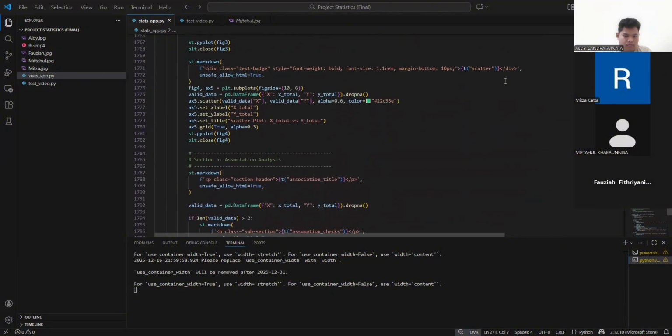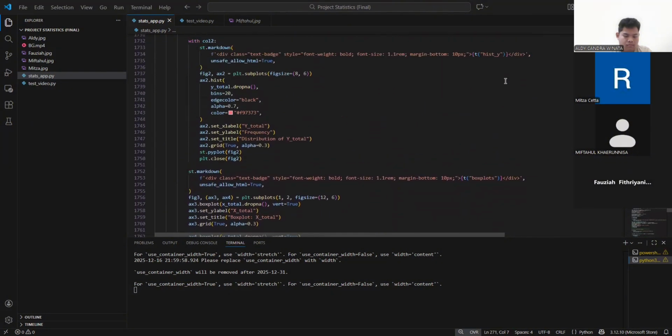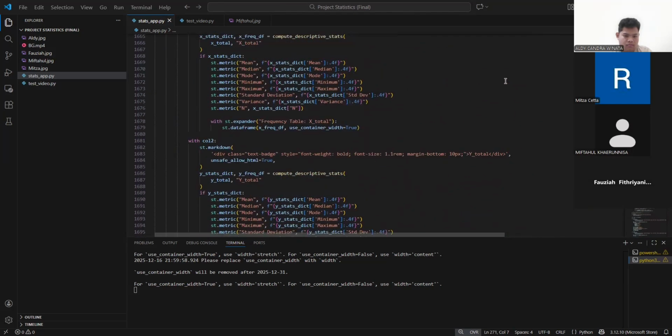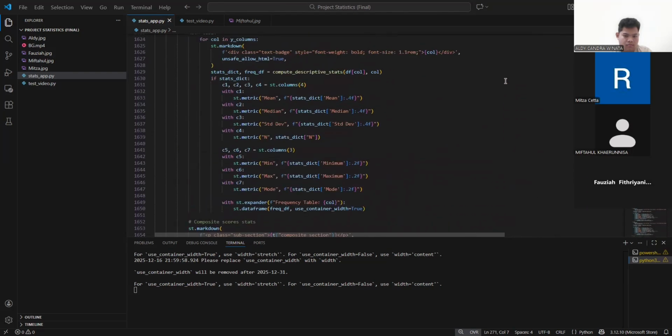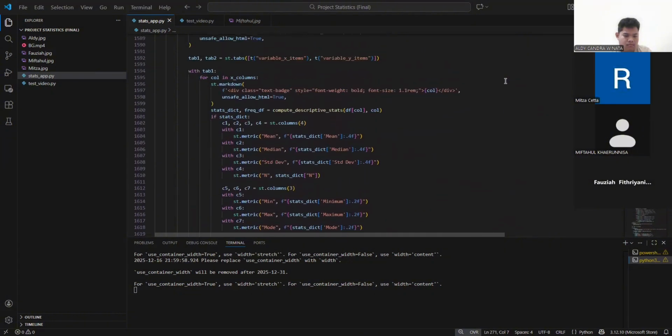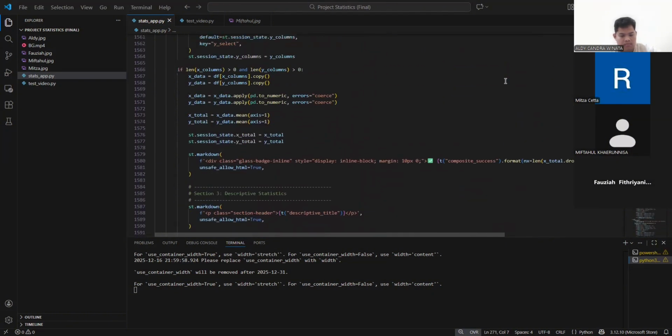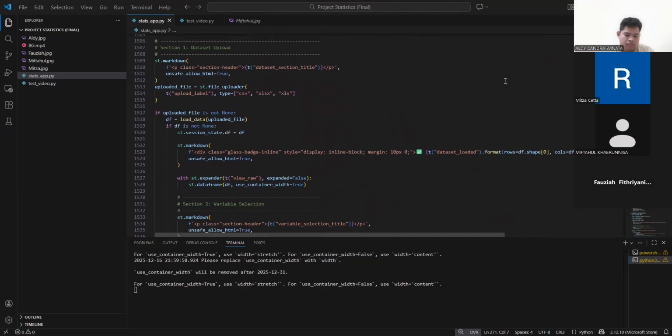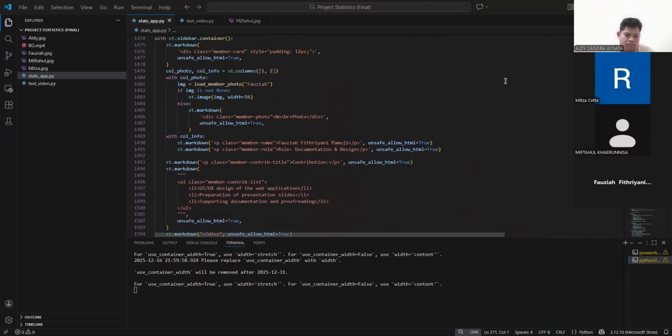And rows 1980 to 1982 introduce the PDF export section. Rows 2026 to 2028 display the title for the PDF export section. In rows 2030 to 2048, the PDF report is generated using statistical results, visualization, and interpretation.